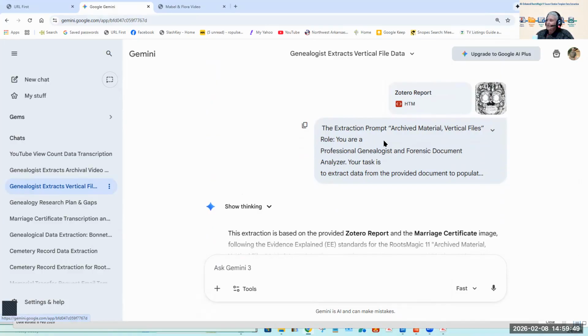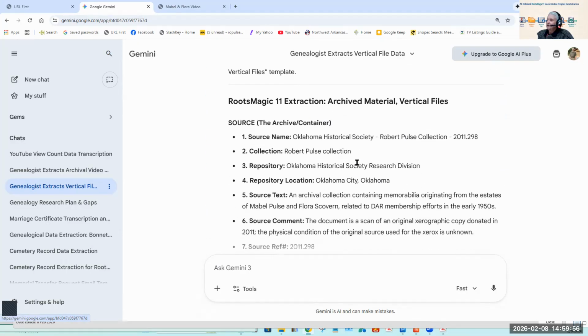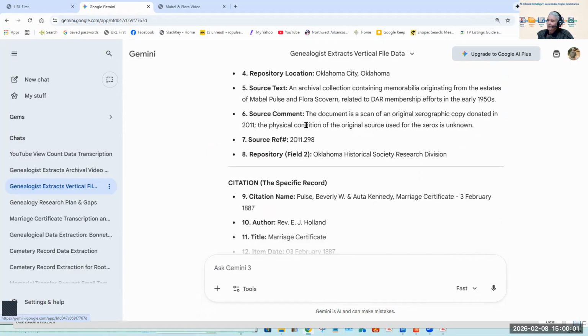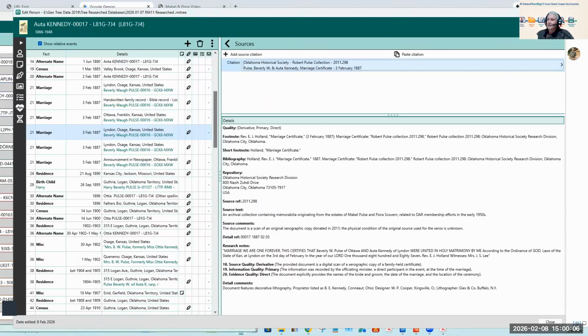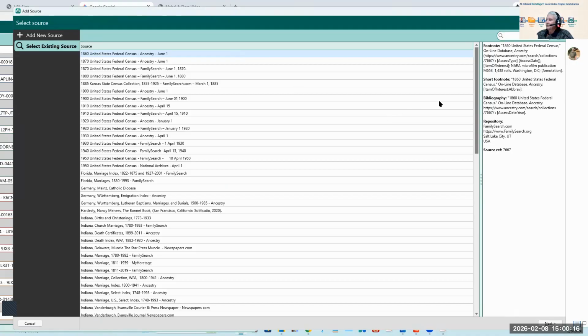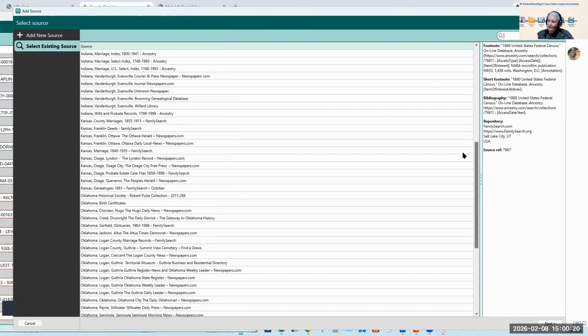And then I use the prompt that you'll find in the description to generate, again, the material. Now, in this case, everything stayed the same up here, so all I had to do was go over here. When I was doing that one, here's the certificate. So let's add another source. Now I've got a source that has been documented. The first time I didn't have a documented source yet, so I had to document it first.